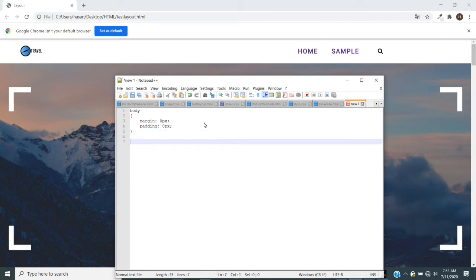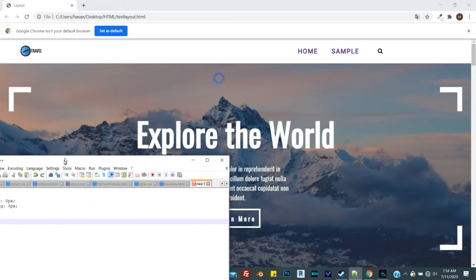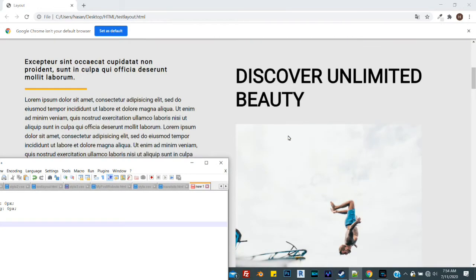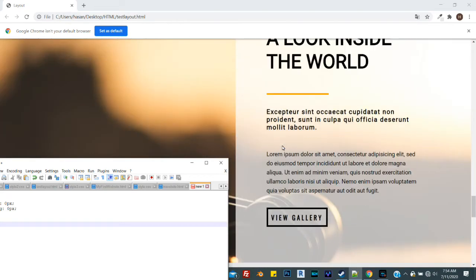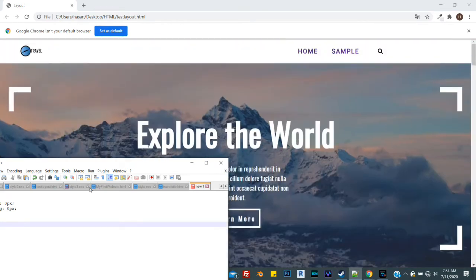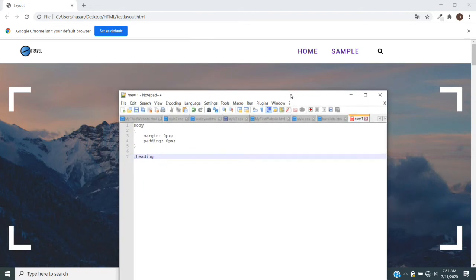And then below that, I'm going to declare all of the classes that I'm going to use in this website. So I have a class for the headings. I have 2 classes for headings: a heading white class and a heading black class, because if you look here, you can see that there are white headings like that one, and there are also black headings like that one. And I'm just going to use a class so that whenever I put in a heading, I just have to refer to the class and get the styling. So I'm going to put heading white,